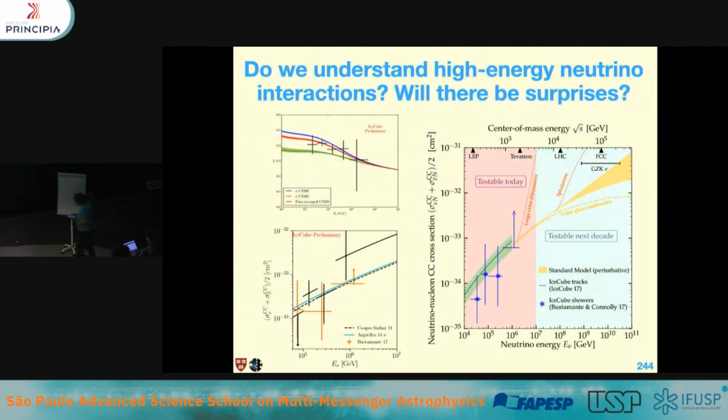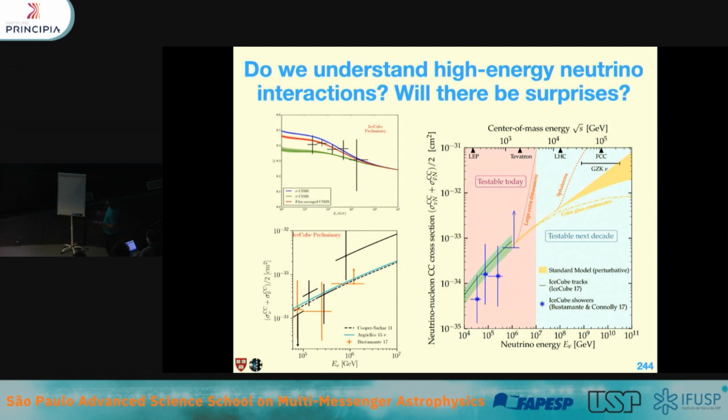Another thing that I think is cool is that you can measure the high energy neutrino interactions. And so you can measure the total neutrino cross section as a function of energy. So this is the current measurement. This is some calculations for it. And you can also measure the average inelasticity of the neutrino cross section as a function of the neutrino energy. Here shown for neutrinos and antineutrinos separated, and then the average we would expect for the fluxes. So far it seems to agree.